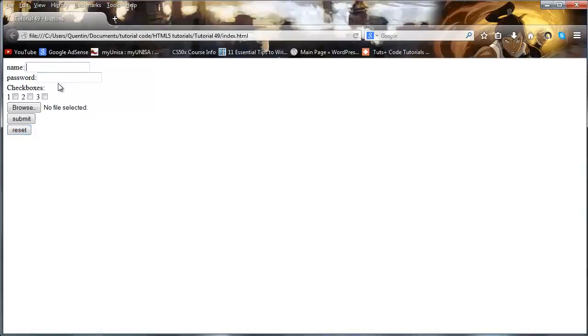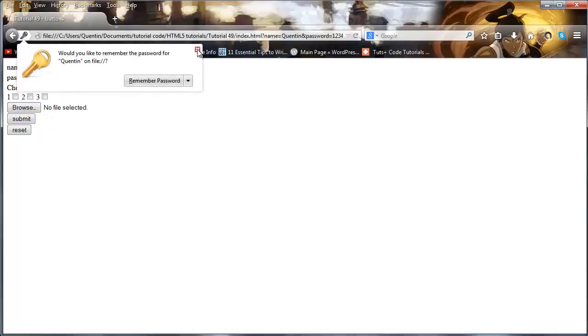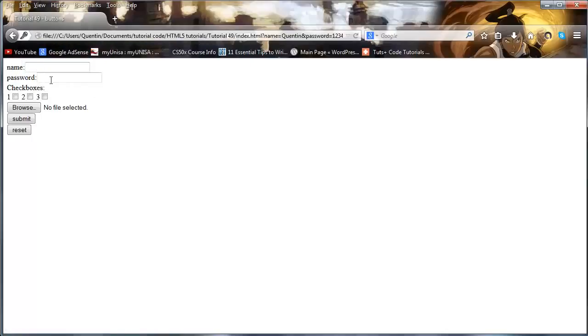But if I fill some of this data back in again, so password 1, 2, 3, 4, 5, and we'll tick some of these boxes, just select a file here again. When I click submit, you'll notice that the web page is actually going to refresh real quick. So let's click submit, and there we go. It's asking me if I want to save my password because Firefox does that. But what actually happened here was I sent all that data that was filled into this form back to this